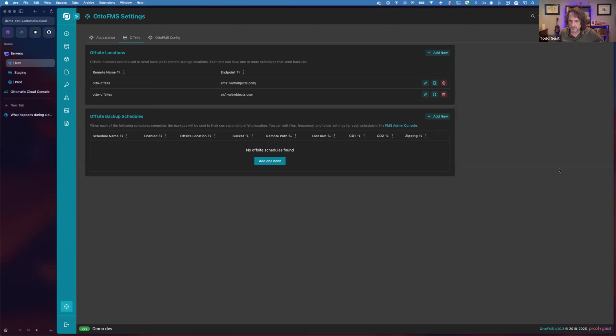This would be moving it off site to get it out of the network. That's really what the offsite backups are for, is to get it shipped to someplace that is off premise, not something you're maintaining. So when your house burns down, or your office burns down, you still have your files.